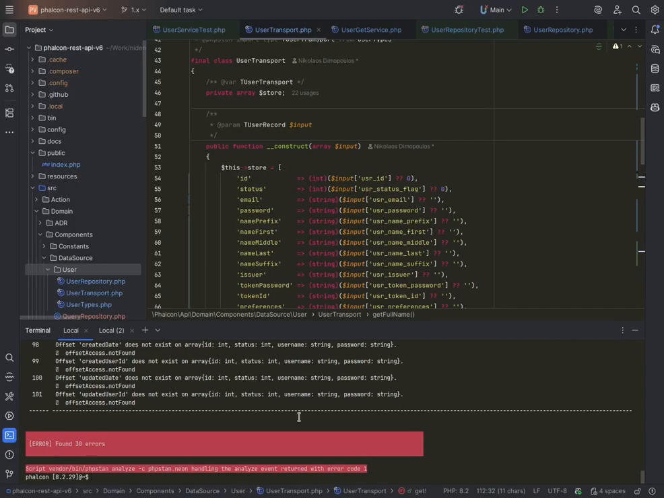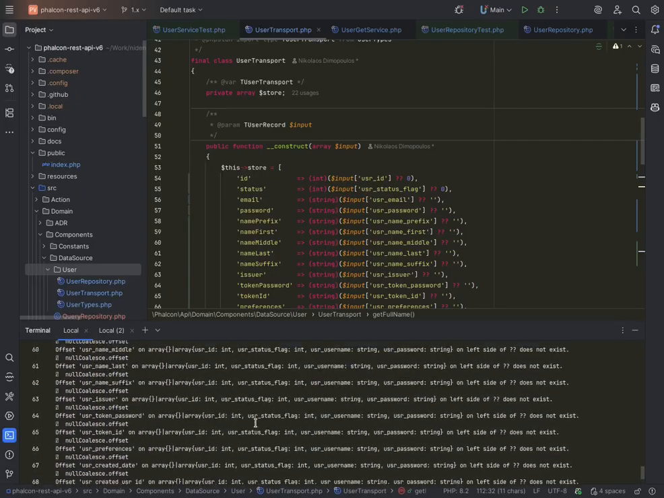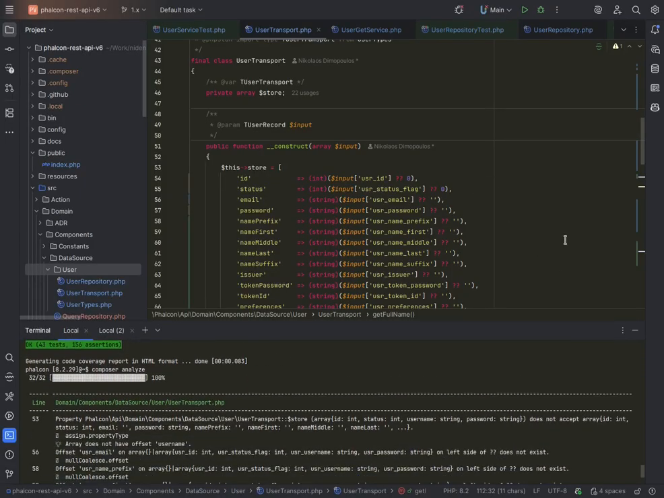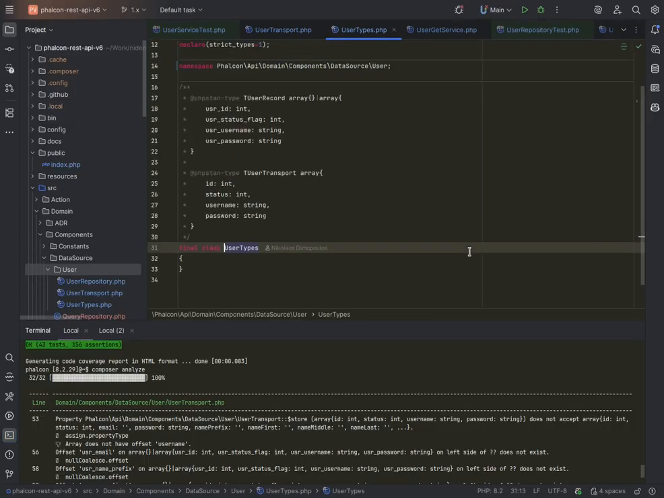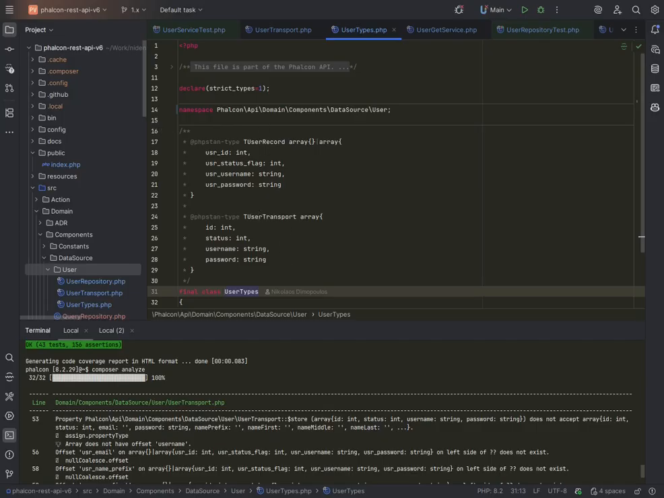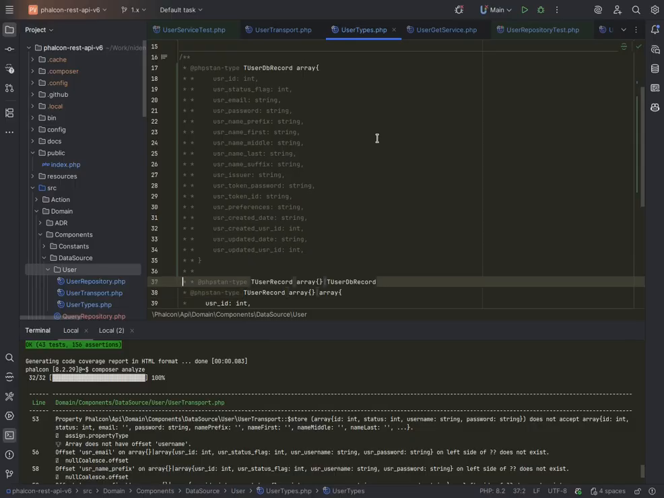Let's have a look. All right, so we do have some issues here, and primarily the issues happen with the user types, because if you remember in the user types for PHP Stan, we had only the user ID, status, username, and password. Now we have a hell of a lot more, so we definitely need to adjust this. And the adjustment is going to be a little bit different. The user record will have to change. What I did is I made a change this way. Let me just paste it here so you guys can see it. And of course it didn't paste correctly, but